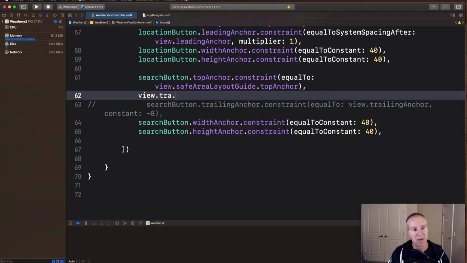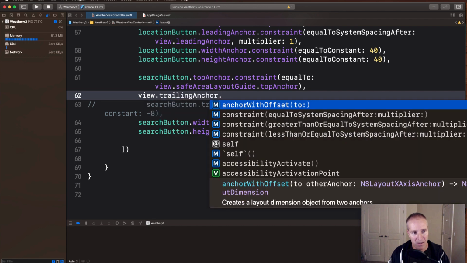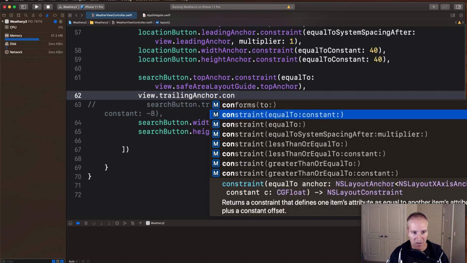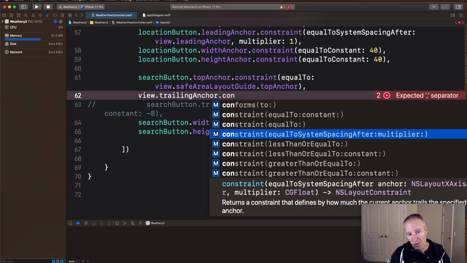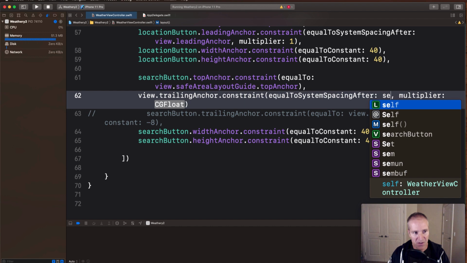So in this case, I'm going to go view trailing anchor. I'd like to add a constraint here called equalTo system spacing after multiplier, much like the one we used up here, but in this case, it's with the view and the button. So if we just select that one here, we're going to basically take the view's trailing anchor and say, I'd like the system spacing after it to be tied to our search button,